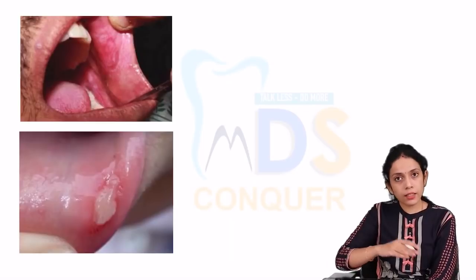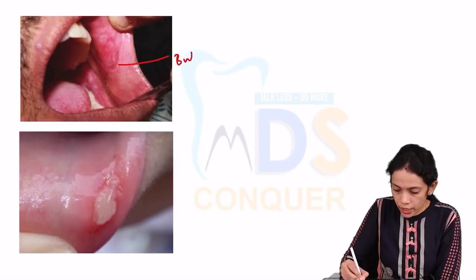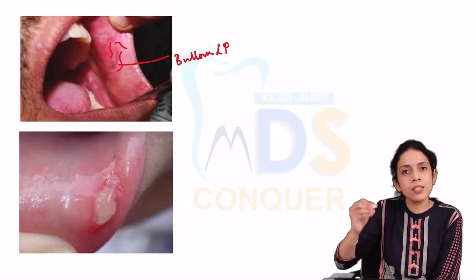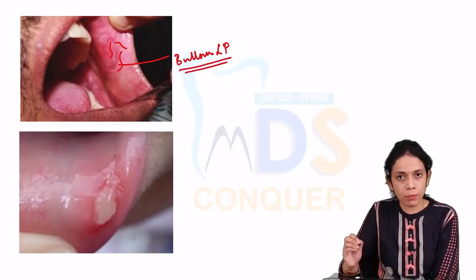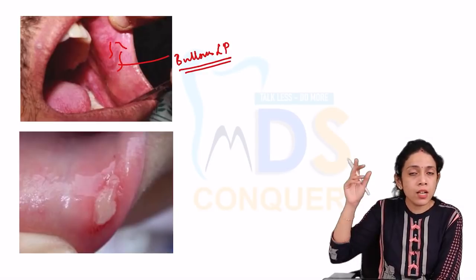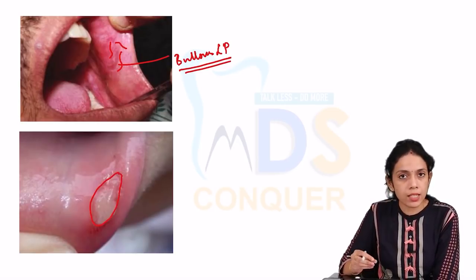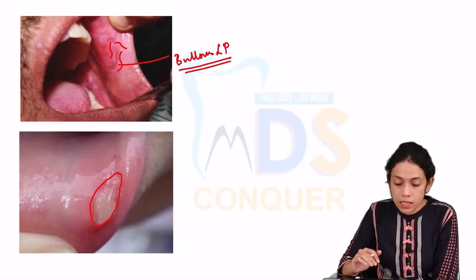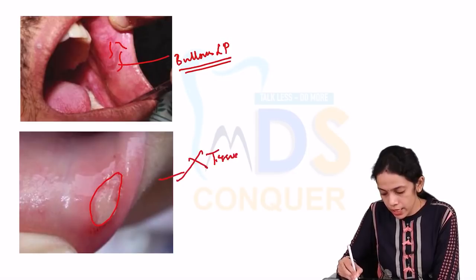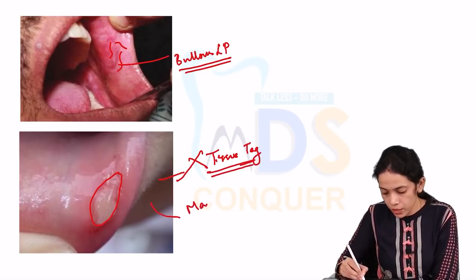Next, let's discuss the other options which I have given here. The first one, if you see, is bullous lichen planus. Here there are striae here and there. There is an ulcer which has peripheral striae, so that is bullous lichen planus. Even that ruptures to form an ulcer, but you can see peripheral Wickham striae. Next, coming to the major aphthous ulcer, you can see there is a big ulcer greater than 1 centimeter with an erythematous halo. There is no tissue tag. It appears like a classic ulcer without any tissue tag. So this goes for major aphthous.